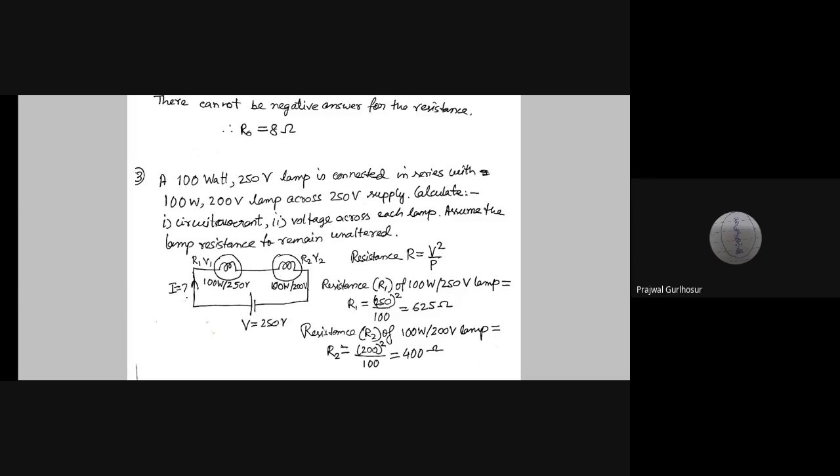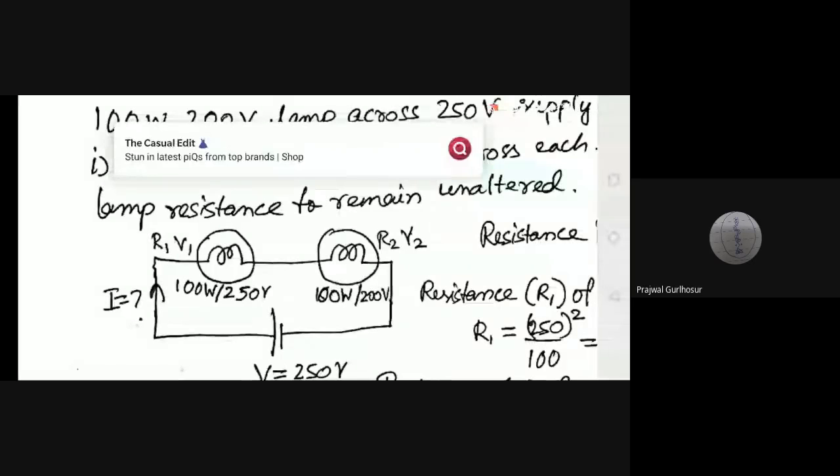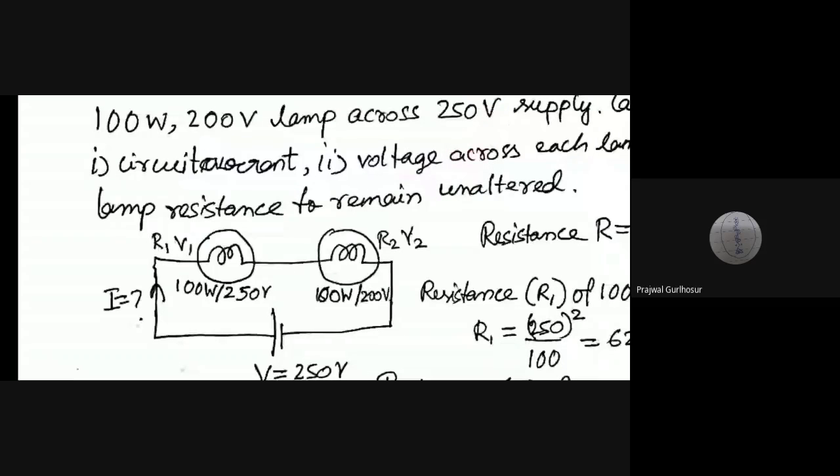For current, current is marked here. In the diagram, whatever is required, I have written. Whenever you see an unknown parameter written, those are the ones we need to find out. So I is equal to question mark, it is written. We have to find out the circuit current. Now for the circuit current,